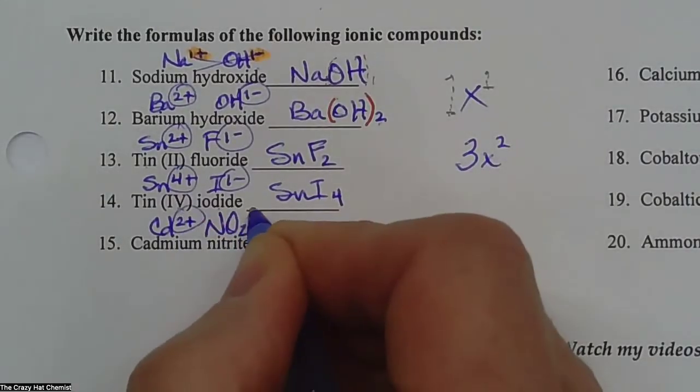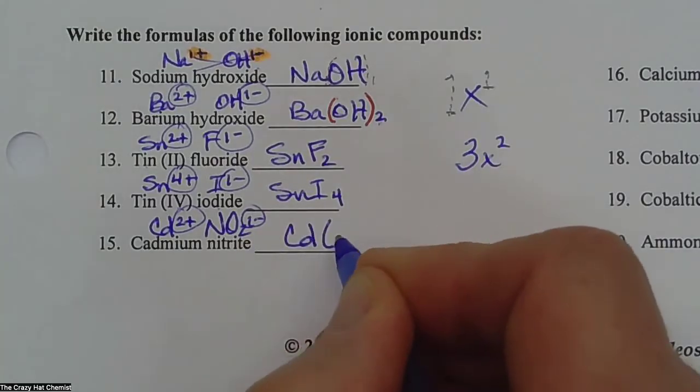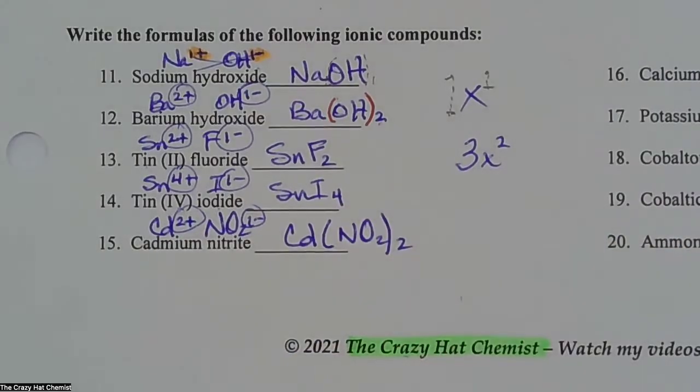I'm going to take the absolute value of those two numbers, flip, bring them down. I'm going to get Cd(NO2)2. That's cadmium nitrite. All right, we only have 5 more problems to do, and then we're going to be done